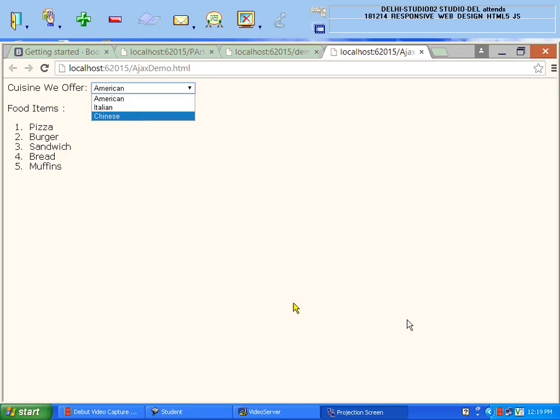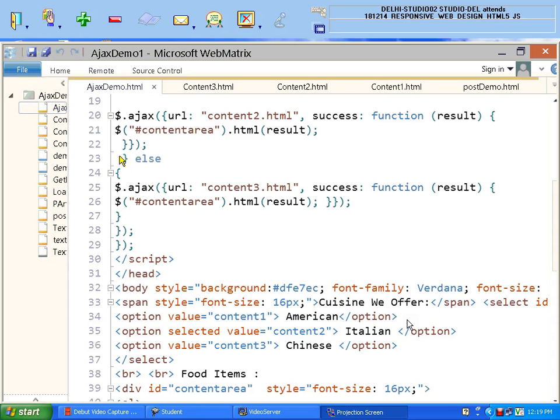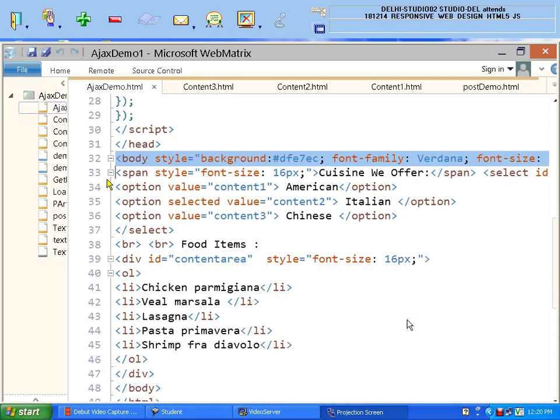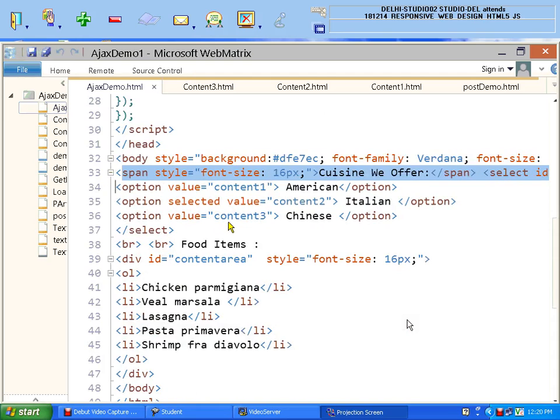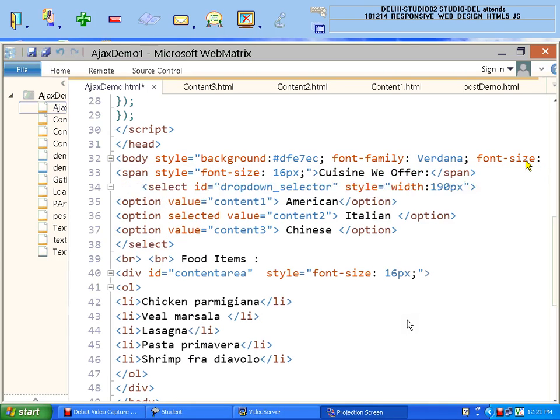So coming to my HTML part first, I have created one body tag, and here I am making one select box with an ID. The ID name is drop down selector, and then I have a style, this CSS part.